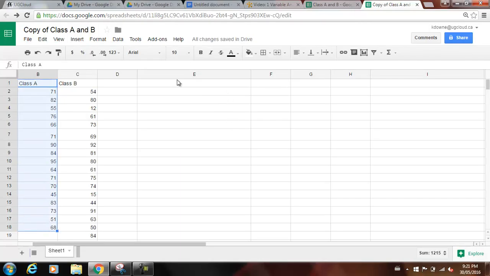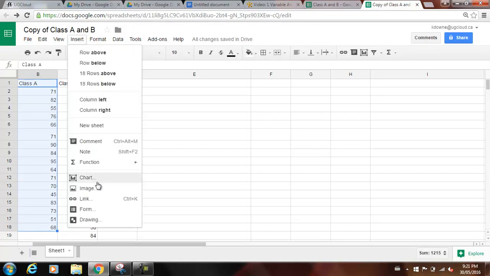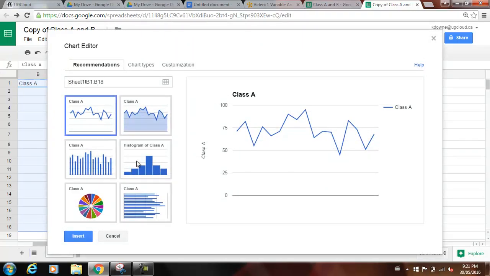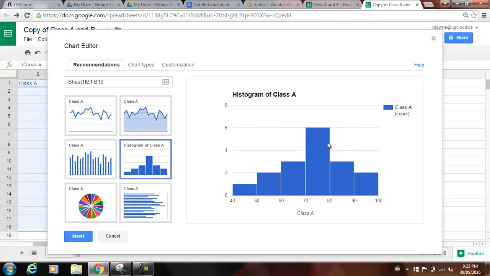A histogram's pretty easy to do in Google Docs. Just highlight, including the title, so just drag down. When people highlight in Excel, they miss stuff. Just highlight from the top to the bottom, go to Insert Chart, and then click the recommendations, and it will be a histogram. That's actually a pretty good histogram. We want like 5 to 10 bars, and this one has